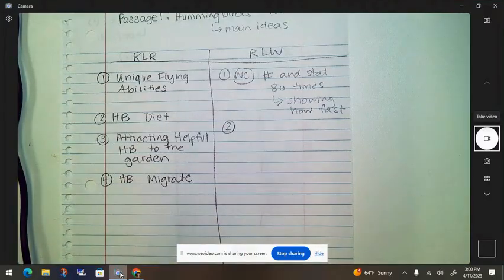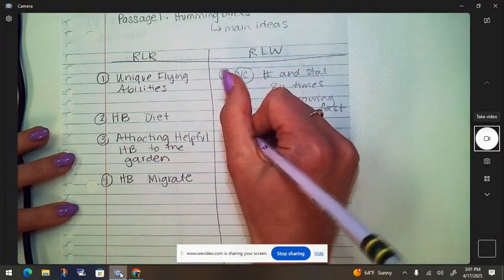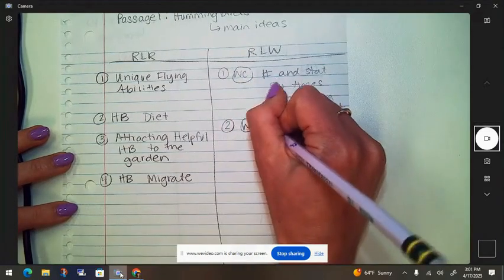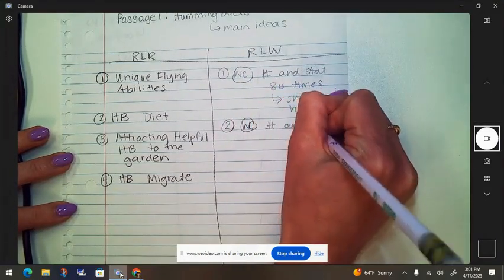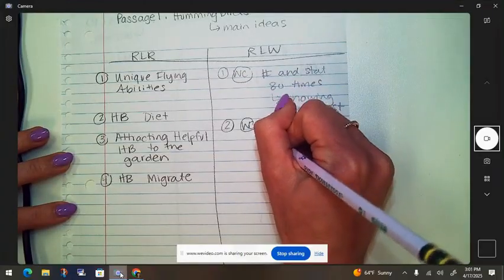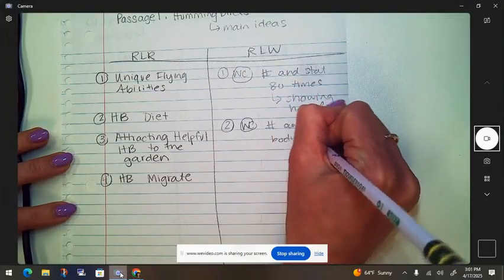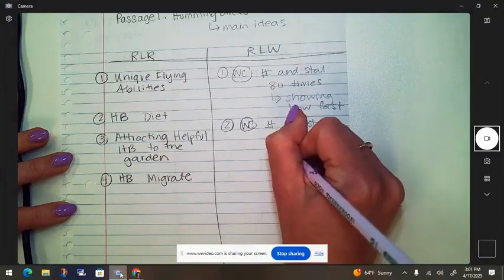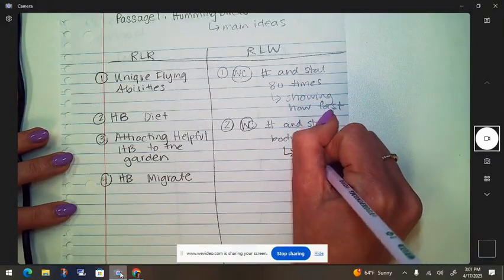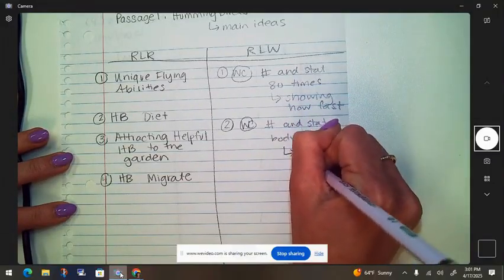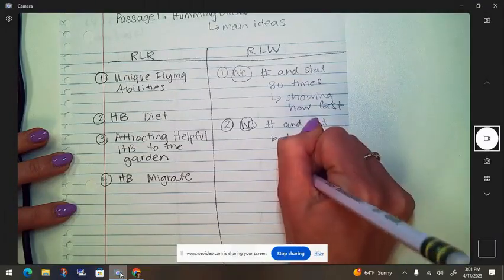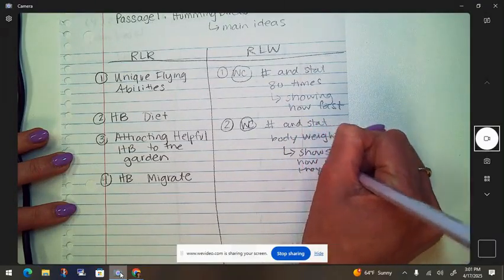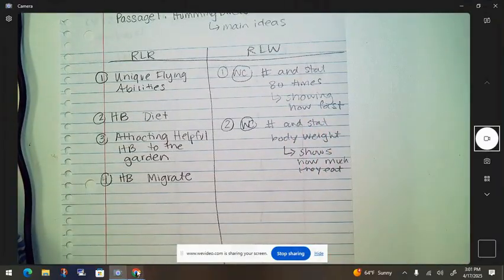So that, again, is just showing the author's trying to emphasize how much they eat. And for that one, I'm just going to write body weight, just to remind myself. I can write the whole thing, and shows how much they eat. Okay. They eat a